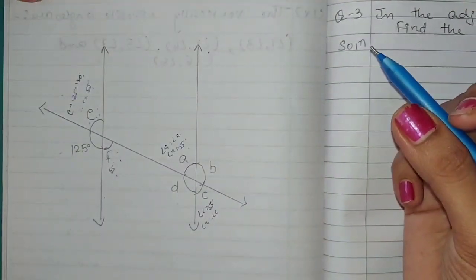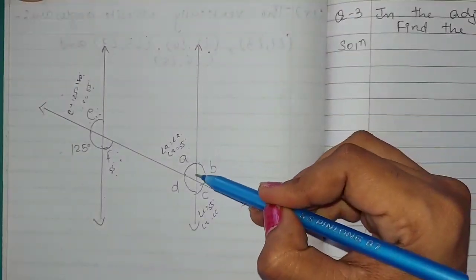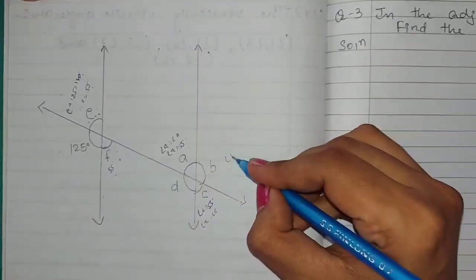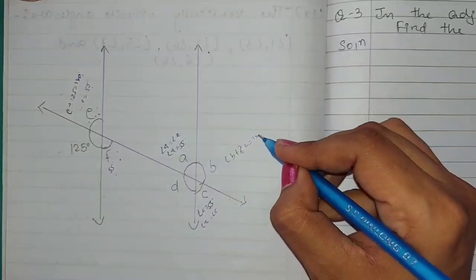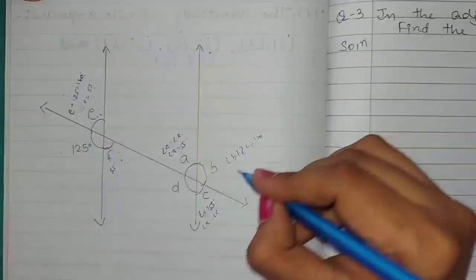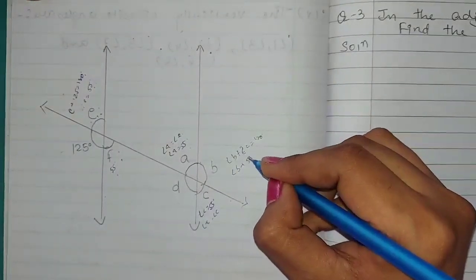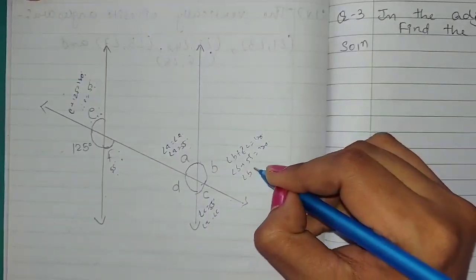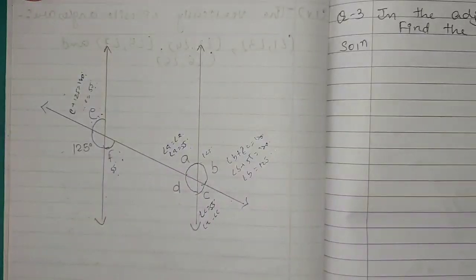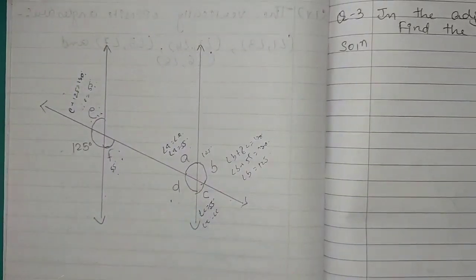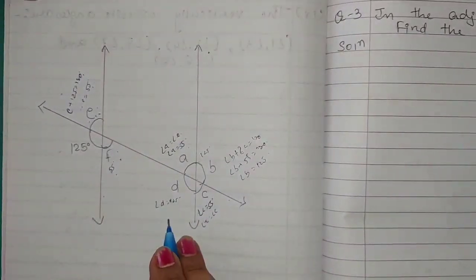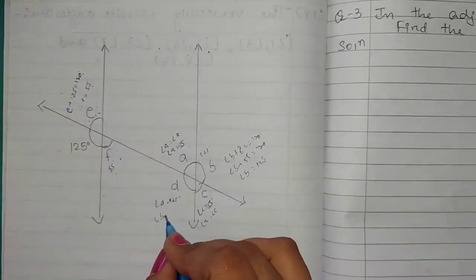So students, here we can find the relation between angle B and angle C. They are a linear pair. So angle B plus angle C equals 180 degrees, because the sum of a linear pair is 180 degrees. So if angle C is 55 degrees, then 180 minus 55 gives angle B as 125 degrees. Now what would be the angle D? Angle D equals 125 degrees. Why? Because of vertically opposite angles, angle B equals angle D.